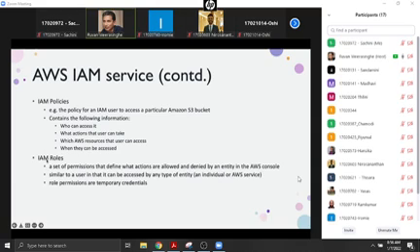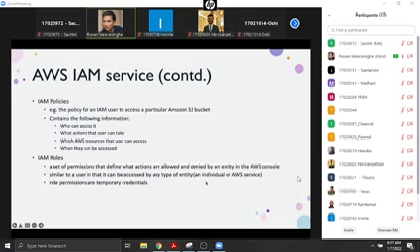To deal with that, it defines what are called IAM roles, which we are going to set up in our hands-on. A role is a set of permissions that define what actions are allowed and denied. By default, IAM denies everything, so you have to set up an IAM role that allows even you to access your different resources. An IAM role is similar to user roles, but the roles can be individuals or a service.